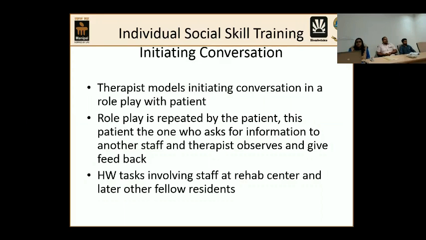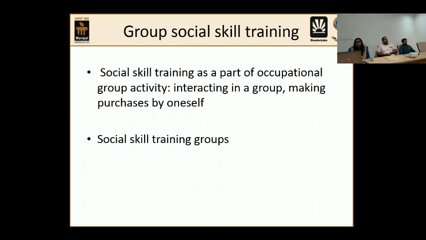So in this way, he received 5 to 6 individual sessions in social skill training, and once we felt that he's okay, he can interact with other residents, he was shifted to group skill training. Now, group social skill training is done in 2 ways. We have an occupational group activity, which occurs in the morning session of our rehab. So every day, around 9 to 11:30, we have this OT activity